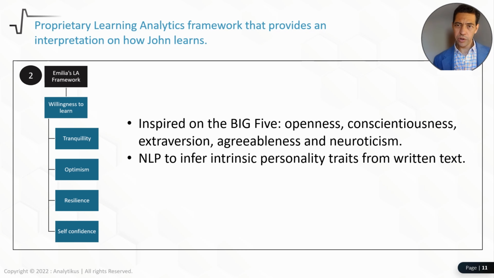The cognitive algorithm that we're using for willingness to learn is inspired by the big 5 traits of personality: openness, conscientiousness, extroversion, agreeableness, and neuroticism. And it is using natural language processing in order to infer intrinsic personality traits. It doesn't really matter if it comes from a discussion on a forum, an essay on history, philosophy, or engineering. We all leave some personality traits whenever we write, based on the complexity of the sentences, the complexity of the paragraphs, the frequency of the words, and our cognitive algorithm allows us to measure this.